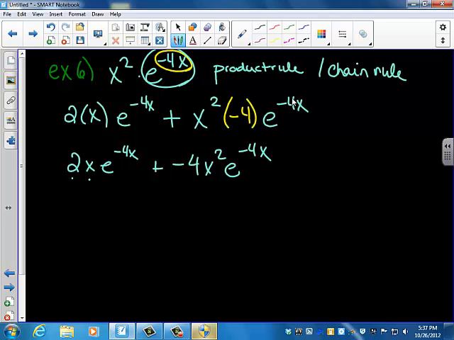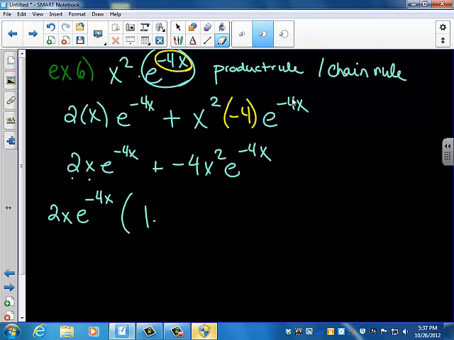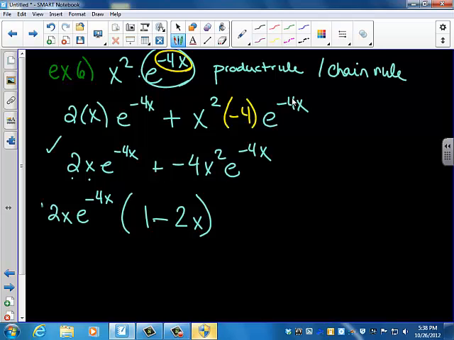So they will actually, your correct answer, and AP does this too, they will have you pull out 2x e to the negative 4x. Alright, well, that divided by itself is just 1. Plus, well, that's actually plus a negative sign, so let's make that just a negative. Alright, well, 2 goes into 4 twice, x goes into x squared, x times, and that would be your answer. Okay? I will give credit for either one of these, but you better be able to recognize